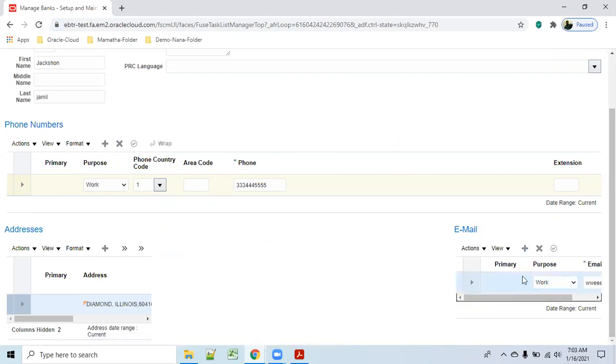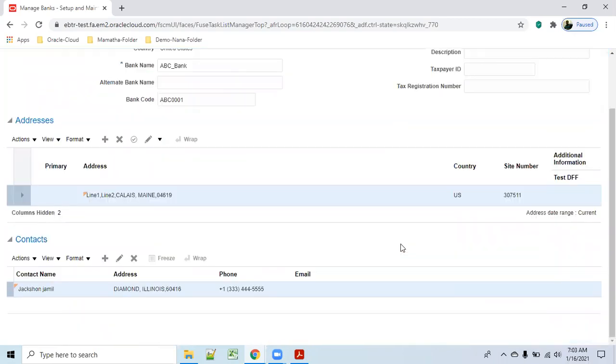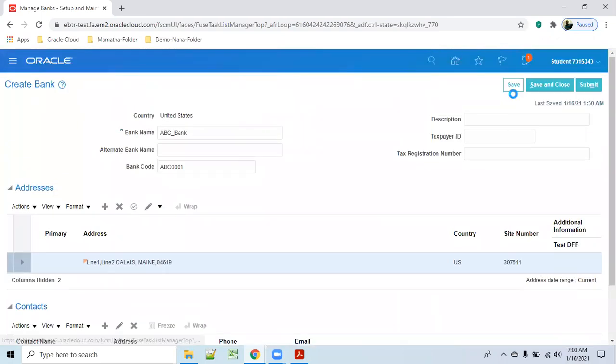If you want to select this as a primary, you can just select it. Here also same. You want to select this phone number as a primary. Primary means first contact, like they will contact this number first. Click on OK. So we made everything. Just save. We created a bank successfully.